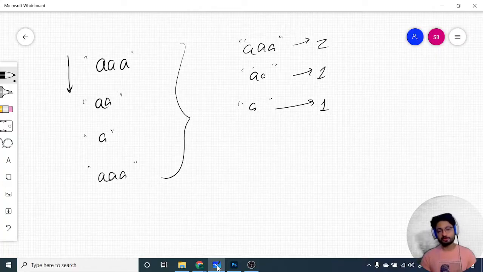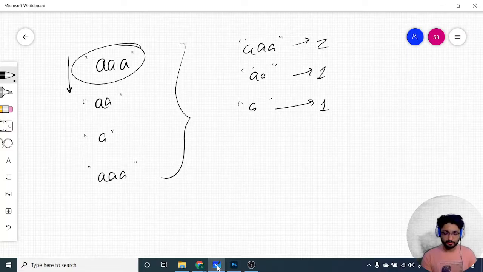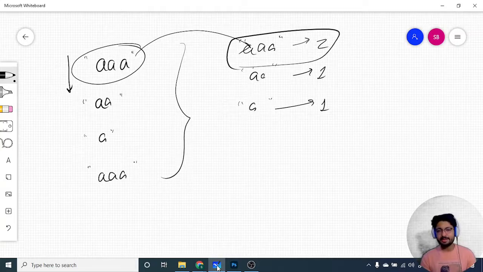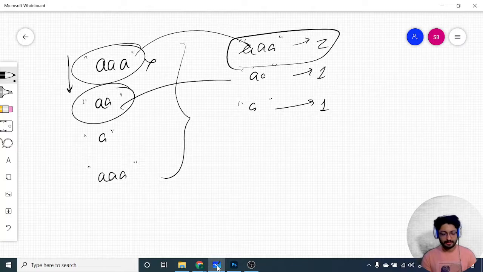So first you find out the frequency of all the strings, then you again start from the starting position. For the first AAA, to consider it a distinct string, the frequency of that string should be equal to 1 because it should occur only once. As you can see, AAA is occurring twice, so I cannot consider this a distinct string. Now go to the next string. It is only occurring once, so it can be a valid candidate. I want to find out the second distinct string.